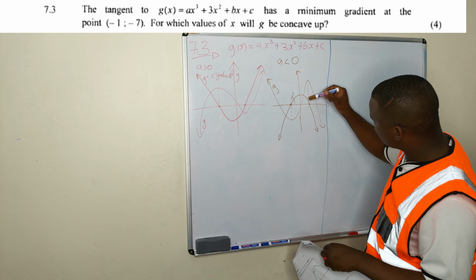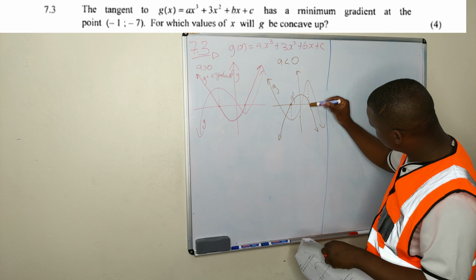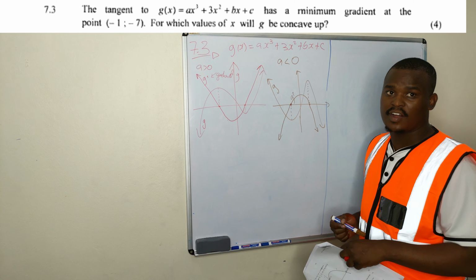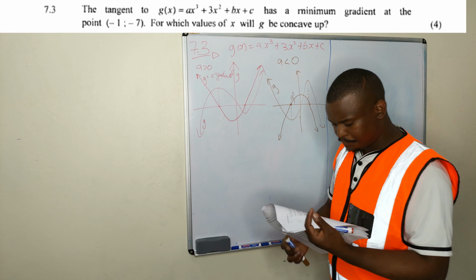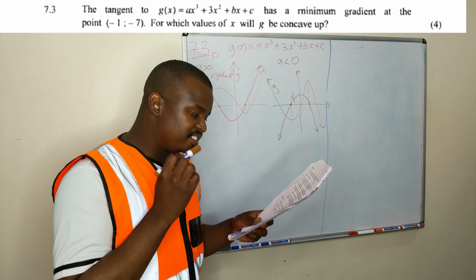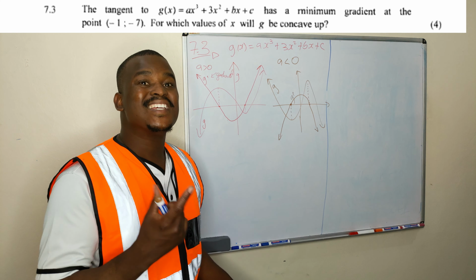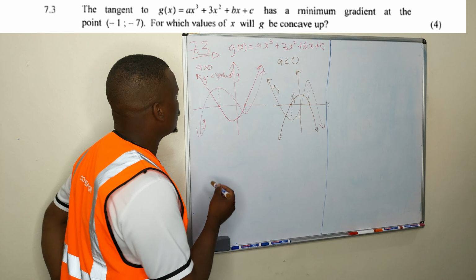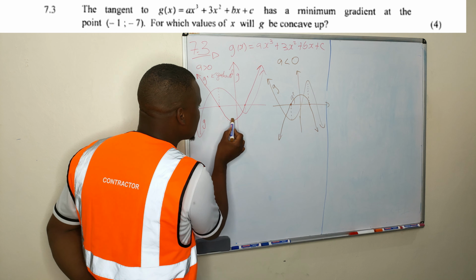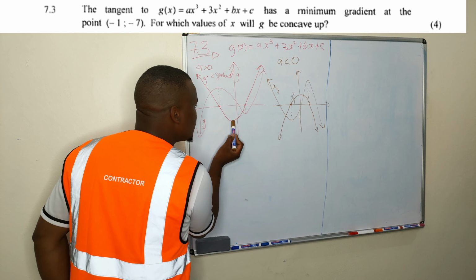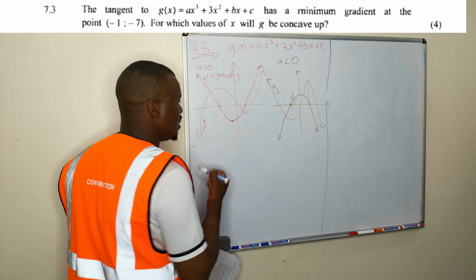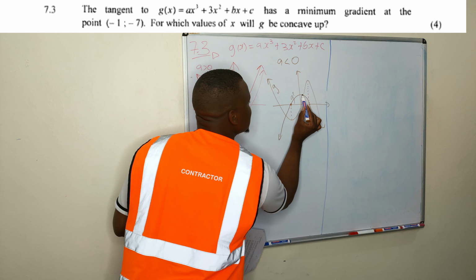Going down here, the gradient, going down here, and you can see here, the gradient is negative, and so is the negative function, gradient function. So, what you are told here is that this function of yours has the minimum gradient, which means it has the smallest gradient. So, if you're looking at the gradient function of this one, this is the one. So, this is the gradient function. This one is the one that has the smallest gradient function here,